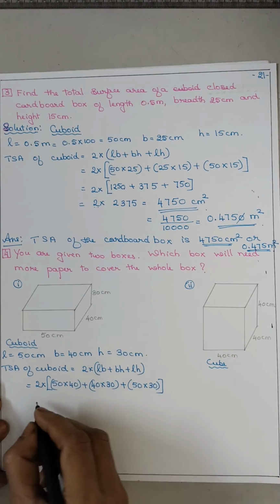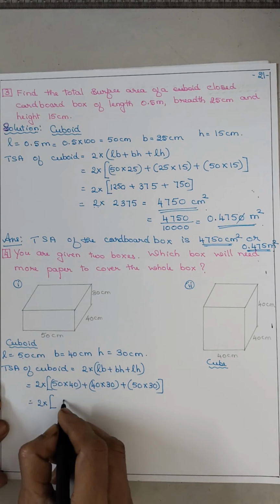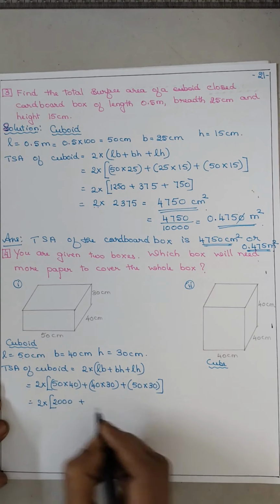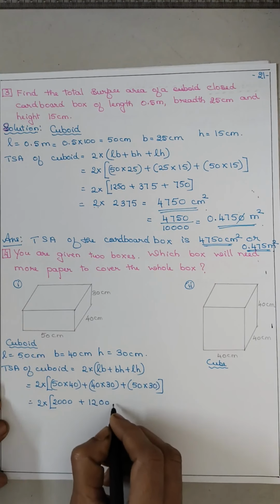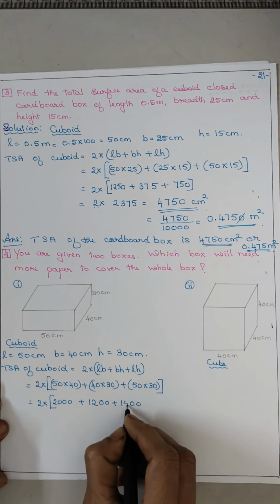Okay. Now 2 into 2 zeros, 5 fours are 20, 2 zeros, 4 threes are 12, 2 zeros, 5 threes are 15,